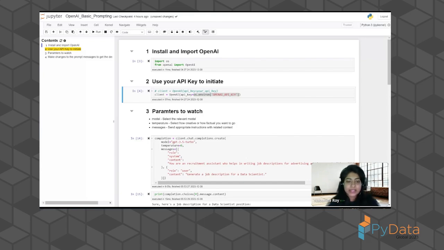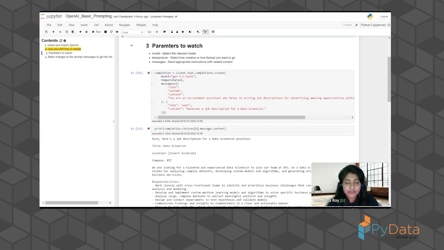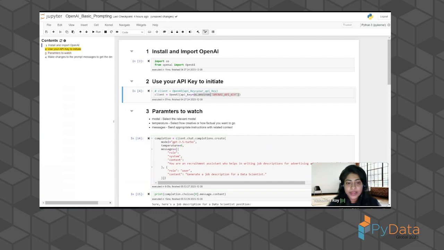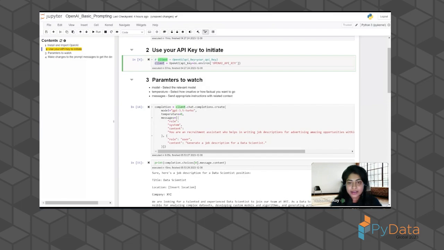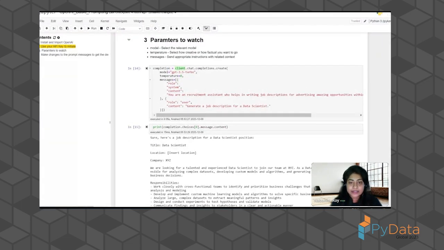The first important code here is basically your backend code for your ChatGPT interface. First I instantiate OpenAI, initiating it with my API key, and then look at this.